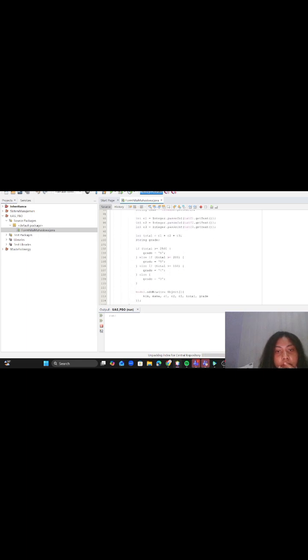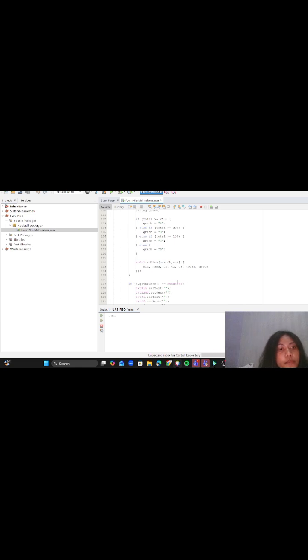After processing, the data is added to the JTable using DefaultTableModel. The score values C1, C2, and C3 are converted into integers using Integer.parseInt.